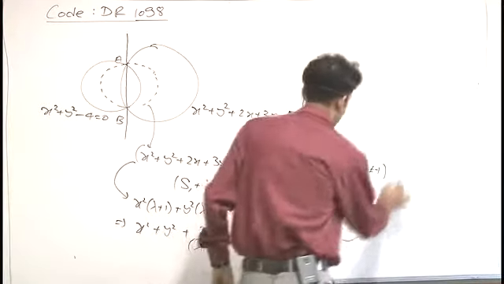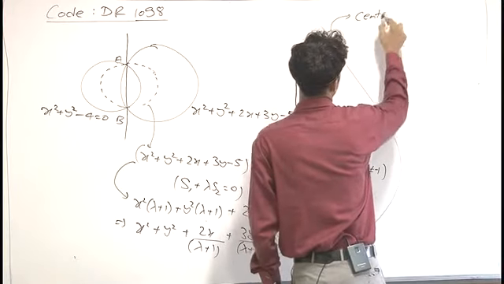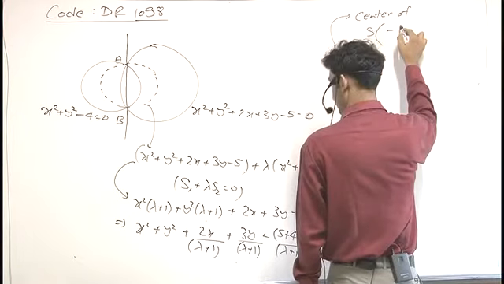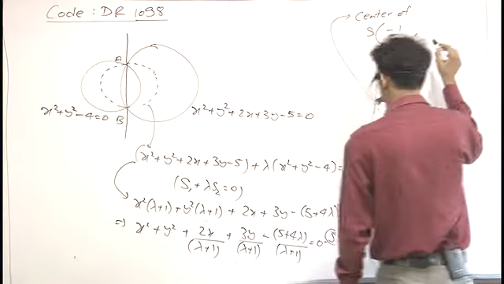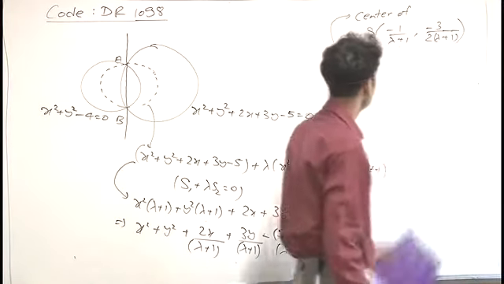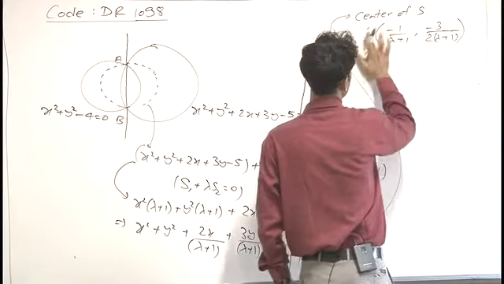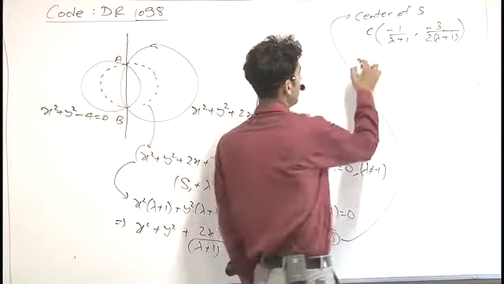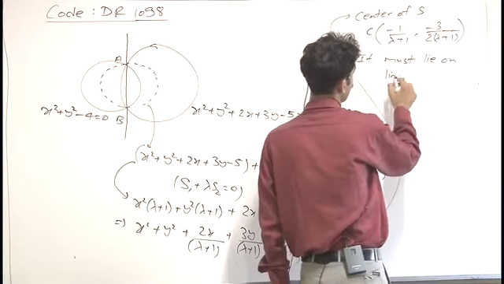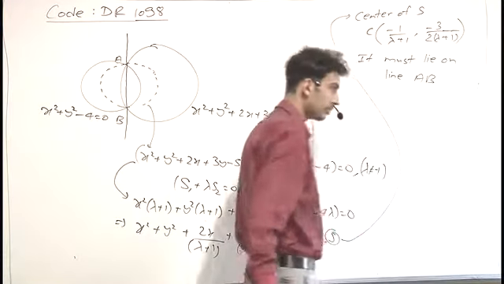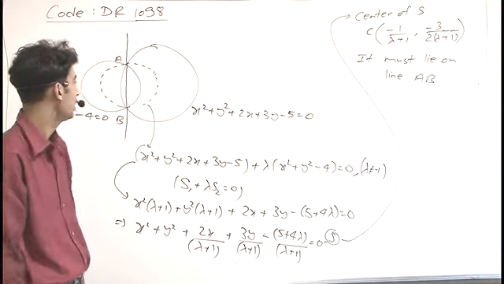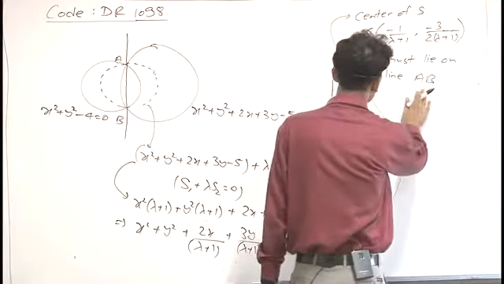So the center of S, which is (minus 1 upon lambda plus 1, minus 3 by 2 times lambda plus 1). Since the center of S is this, it must lie on line AB. But we still do not have the equation of line AB. So for the equation of line AB,